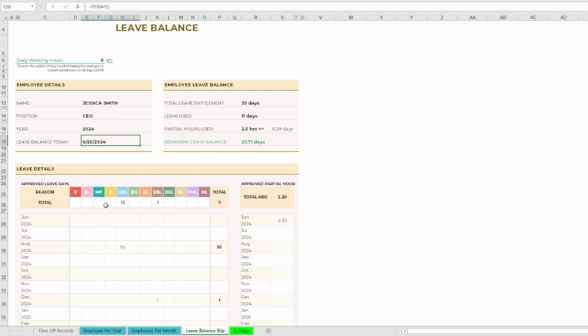This is giving you feedback of everything that Jessica Smith has requested and has been approved up to this date. Total leave entitlement, meaning all the days allocated for Jessica Smith, all the free days, paid days off. Leave request used: 11 days, and as you see, we have 10 days of leave of absence in August 2024 and 1 day of sabbatical leave